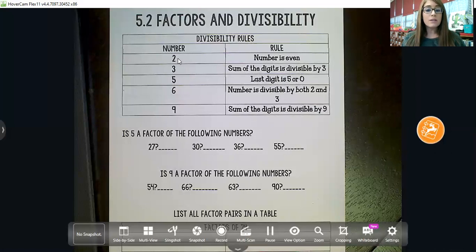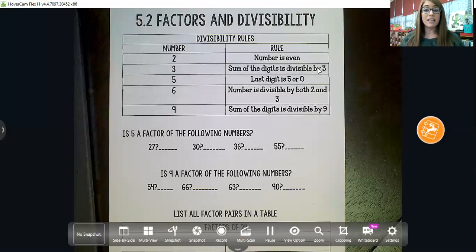So a number is divisible by 2 if the number is even. So if it ends in 0, 2, 4, 6, or 8, it's an even number, and you can divide 2 into it easily. And when I say divisible, I mean these numbers are not going to have remainders when you divide them by them, okay? A number can go evenly into a number, or is divisible by a number,